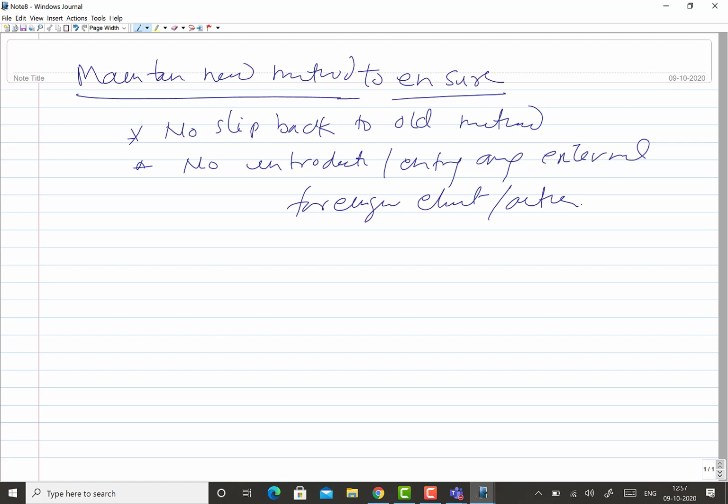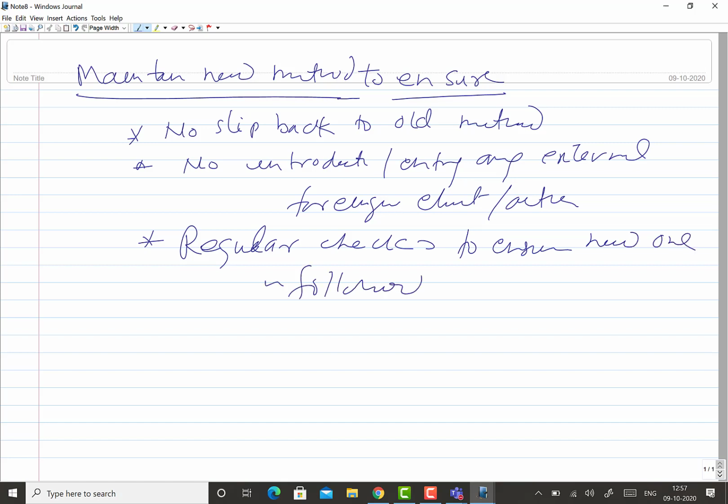You have to do regular checks to ensure that the new one is followed.